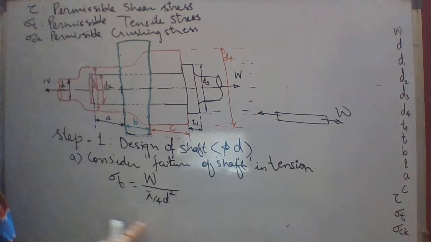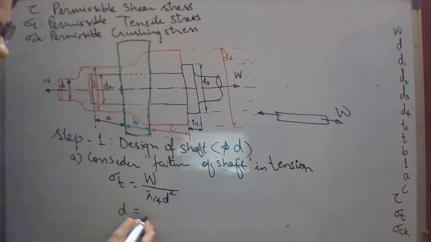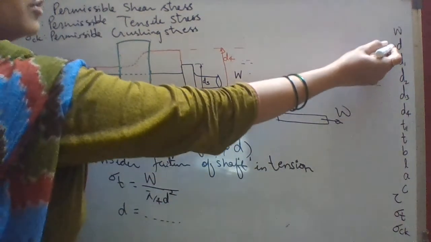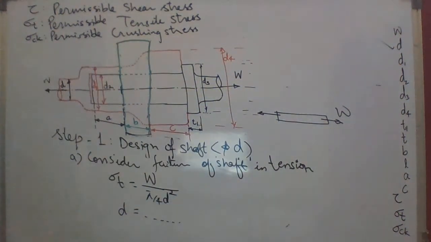So in this equation of the strength, only small letter d is unknown. So from here we will get small letter d, the diameter of the shaft. Okay. So from that we have got this d here, the diameter of the shaft. Okay, there is no other possible failure which will induce in the shaft. So we'll go to step number 2.